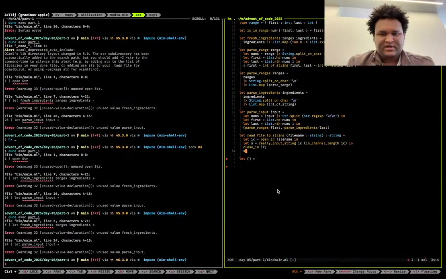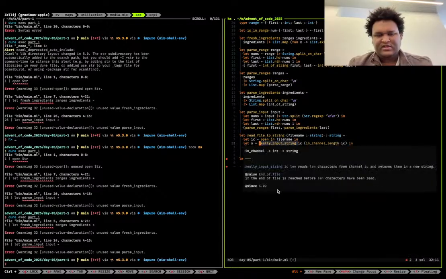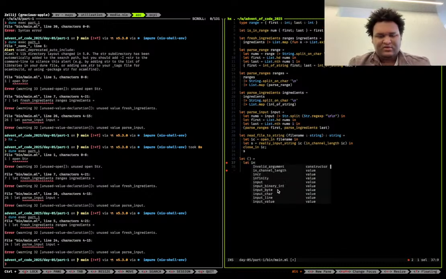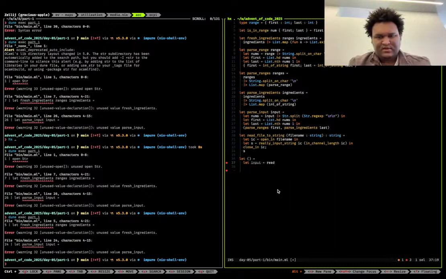So let me just paste that in. Okay, so yeah, basically we have to open the file handle, get the file handle. There's a set of functions that operate over a file handle, and that could be your standard out, standard in, or an actual file or a network, and then you have to call that function on the in channel, and then once that finishes, you have to close it and stuff. That's why I said it was annoying. So let's just do input and then read file to string, and then we can say